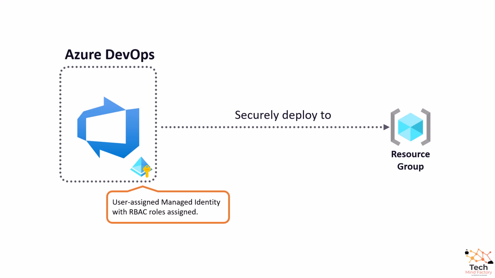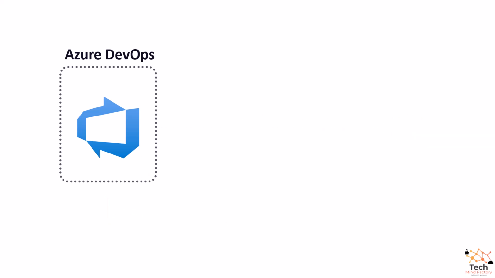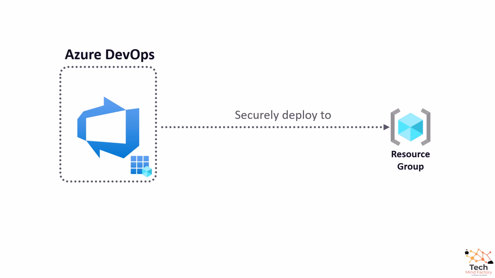And also we assign RBAC roles to this specific managed identity. So for instance, we grant the contributor role to this managed identity to make it possible for this managed identity to deploy resources to this resource group from Azure DevOps, okay? So in this specific scenario,